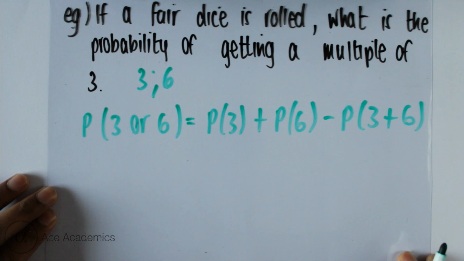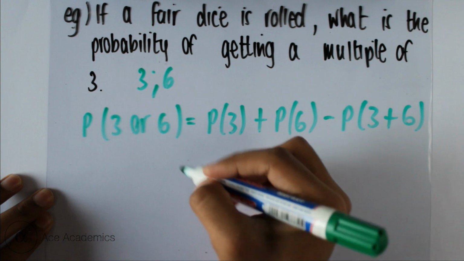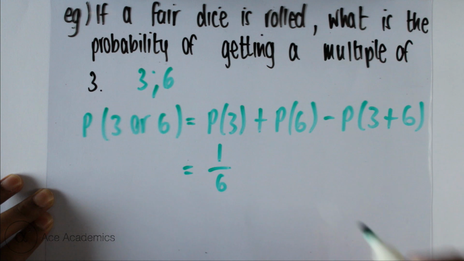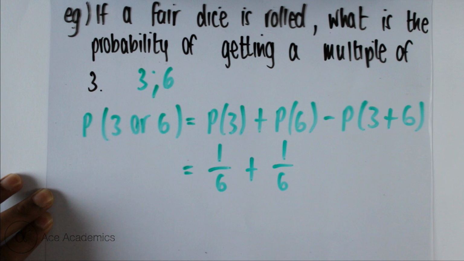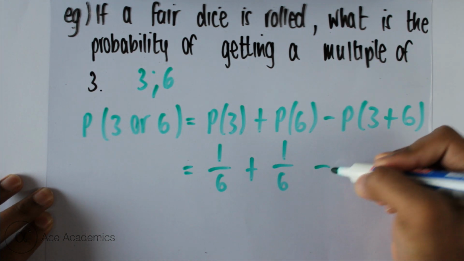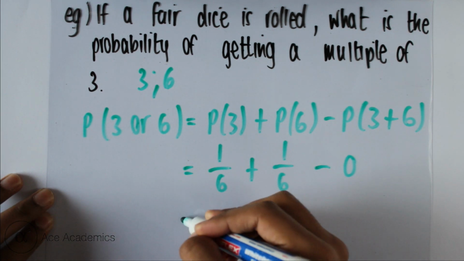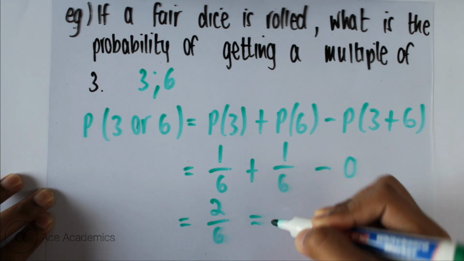Now we know that tossing a die is a mutually exclusive event, so the probability of a 3 and a 6 is simply 0. The probability of getting a 3, there's only one 3 out of a total of 6 possibilities. And likewise with obtaining a 6, there's only one 6 and there's a total of 6 possibilities. The probability of getting a 3 and a 6 is simply 0 because tossing a die is a mutually exclusive event. So the probability of A and B occurring in the same trial is 0. So the probability of getting a 3 or a 6 is simply 2 over 6, which is the same thing as